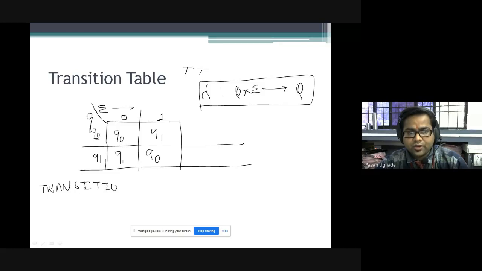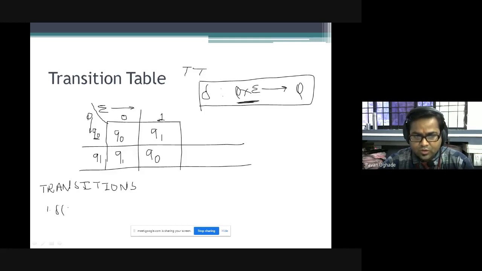What all transitions do you have to write? It is again the same representation. We'll be writing all the transitions in the same fashion, like the transition function. Please try to see here, this is very important. Transition function is written through the transition table only. So you write q0 comma what alphabet, 0, where does it go, to which state? q0.